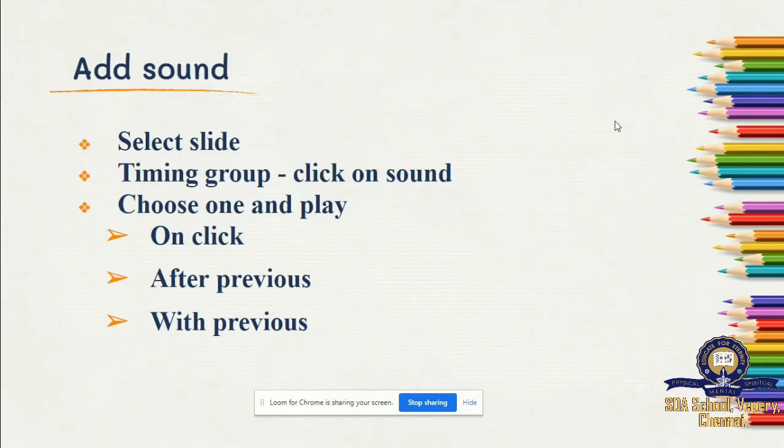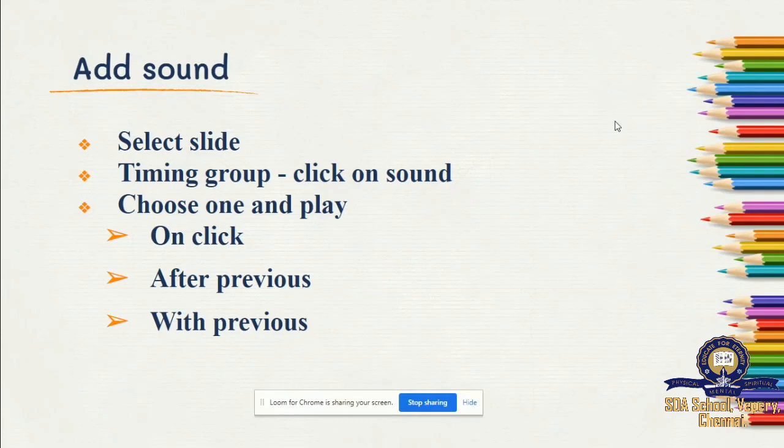So how do we add sound? First, again, you have to go and select your slide, and timing group will be there. You have to go there and click on sound. There will be an option called sound. So click on it, and you can give your duration for how long the sound should be played. Say 1 minute, and then apply it to all the slides. That's all.